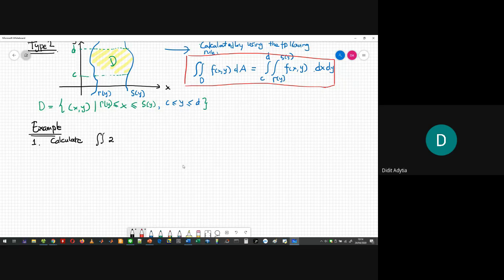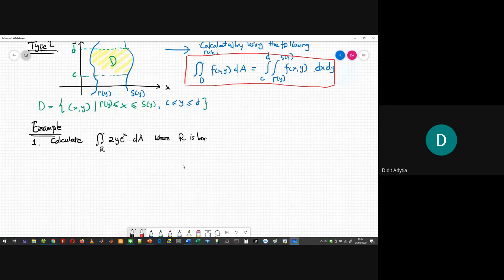The function itself is 2y e to the power of x, and this is dA, area. And then the area of integration is R, where R itself is